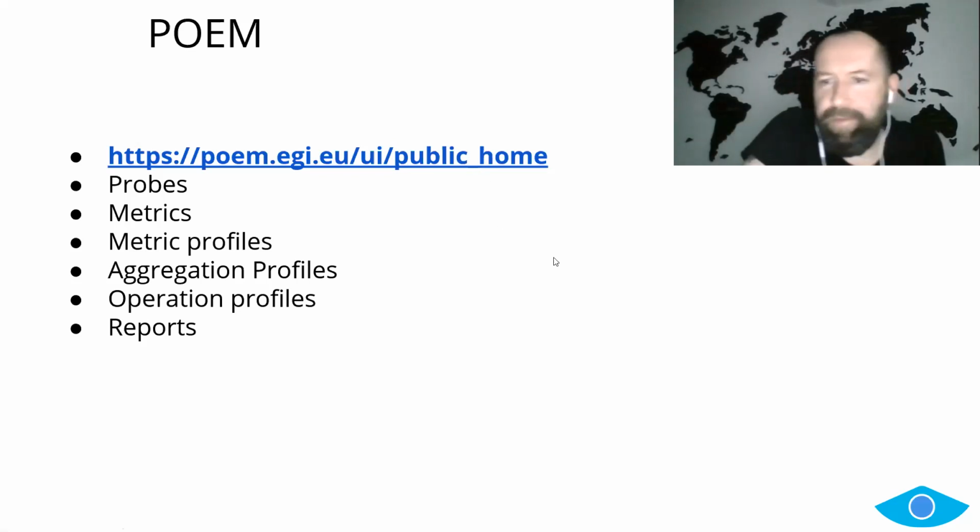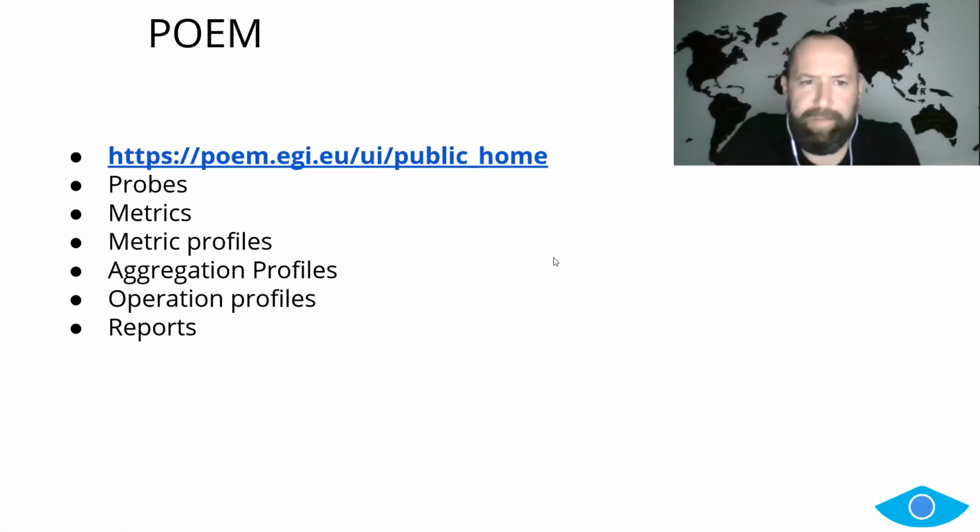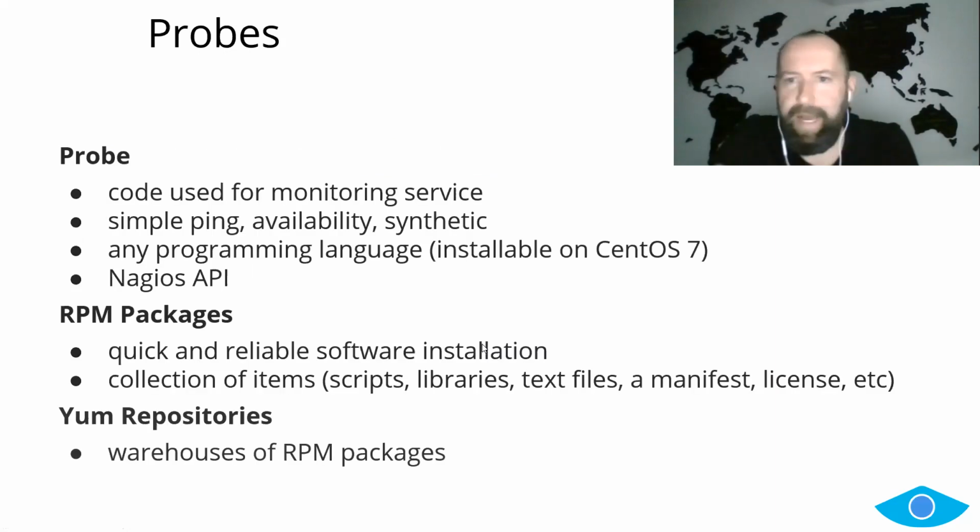Now, for all of you who came here because you are going to onboard new services, this part is interesting. I think I saw some of you who we already had meetings with. Now, probes. In the backend part, Argo uses the Nagios framework as the monitoring engine. That's why the probes, basically a piece of code, script, or however you want to call it, which is used for monitoring services, have to follow the Nagios API.